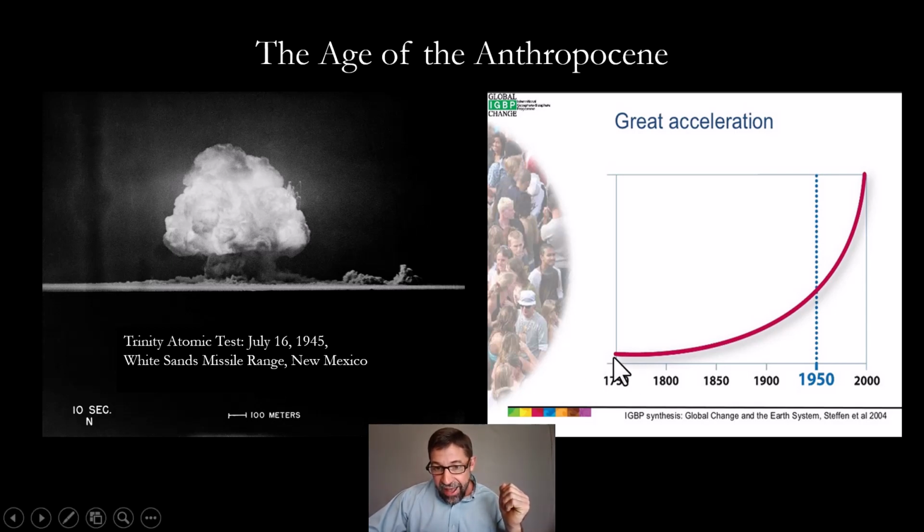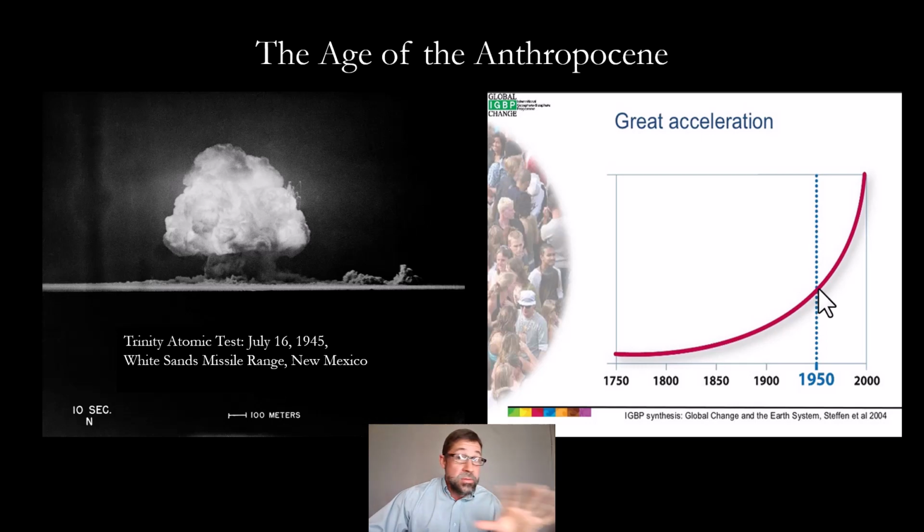So the y-axis here could be represented by any number of metrics. So world population growth, we just recently hit 8 billion a few months ago. This is fall 2022. It could be water use, could be fertilizer consumption, it could be greenhouse gas production. Doesn't matter what you put on the y-axis, the pattern is always the same. This exponential consumption. So this is really the beginning of our exploitation of the Earth's natural resources at an unparalleled scale in our history.